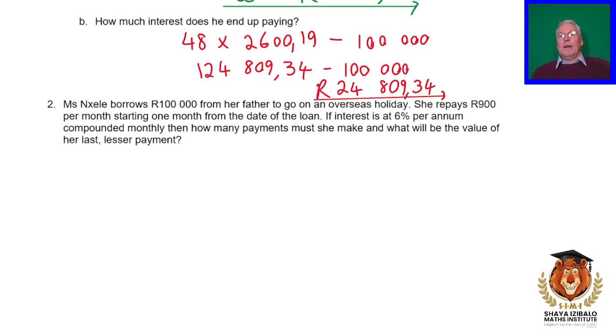All right. Then another one. Again, if you haven't tried it yet, pause the video and try it. So Mrs. Nele borrows 100,000 rand from her father to go on an overseas holiday, and she repays that much. If interest is that, how many payments must she make? Okay, so 100,000 rand